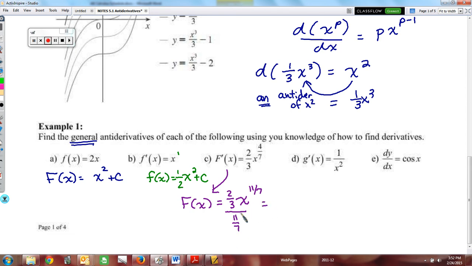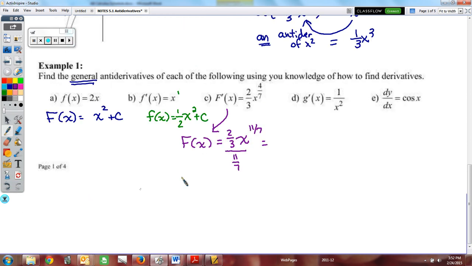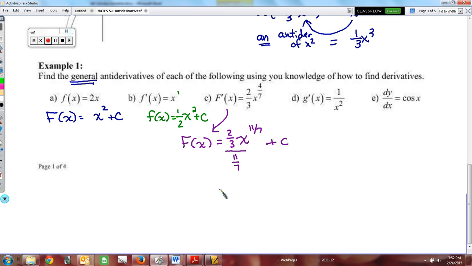Which is going to give me, I probably should give myself just a little bit more room here. I'm not going to put equals there because I need to do plus c, and now I'm going to simplify it. 2/3 divided by 11/7 would be 2/3 times 7/11, and that would give me 14/33 x to the 11/7 plus c. Now, the good thing about antiderivatives is in simple cases like this, you can always check your